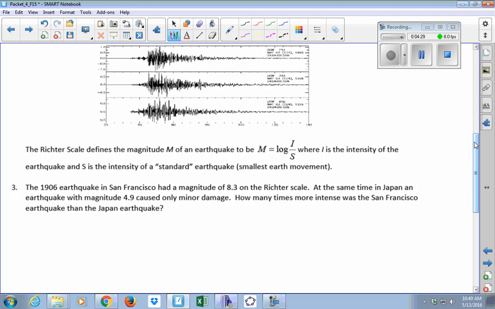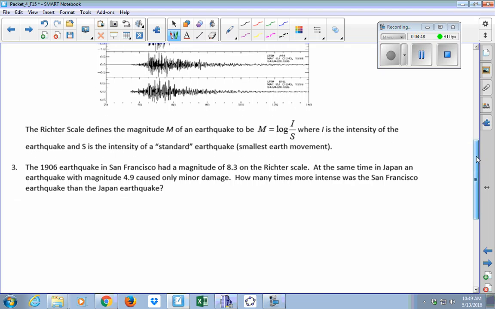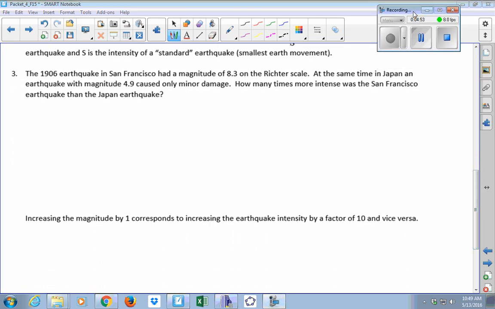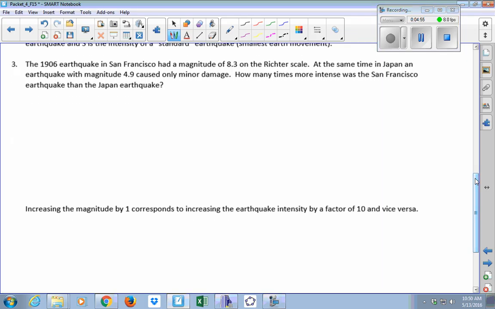So in every single formula that we use to develop the magnitude of an earthquake with the Richter scale, this number is the same. It's constant for every single calculation. That's kind of nice because you'll see that it divides out when we do our calculations. So one of the most famous earthquakes in the United States happened more than 100 years ago, but it's worth noting. 1906, the earthquake in San Francisco had a magnitude of 8.3.